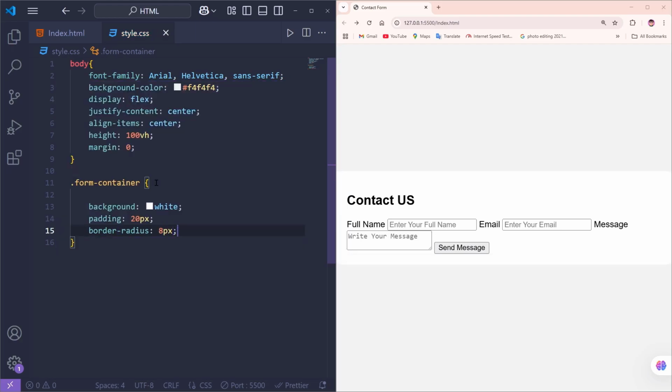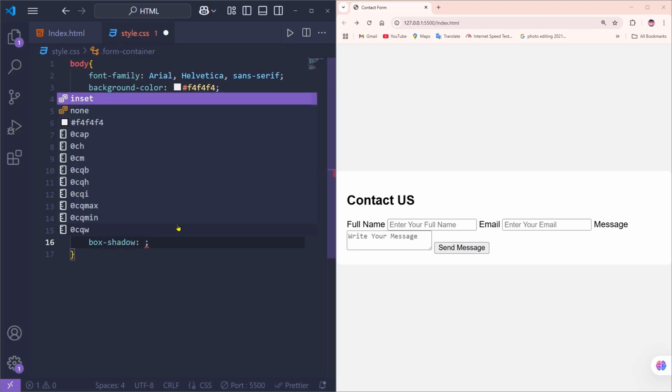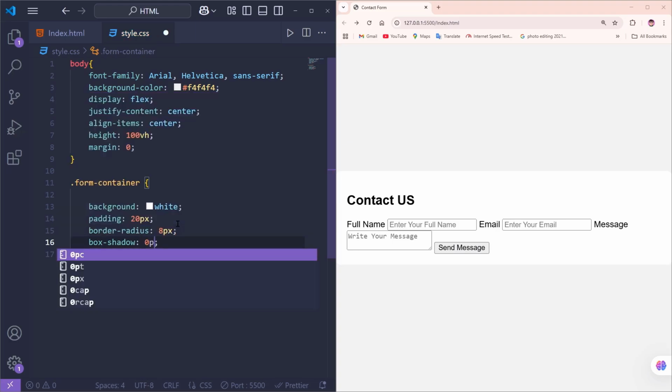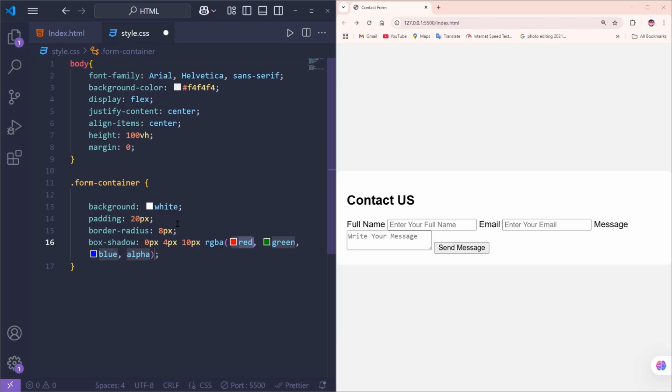Going to save it. So as you can see the changes, now we're going to go for the box shadow. For that I'm going to use the box shadow, and the box shadow should be 0 pixel, 4 pixel, and 10 pixel. We're going to give also an RGB value. For that we're going to add RGB, and into the RGB for the red I can simply use a 0, and then for the green I can simply use